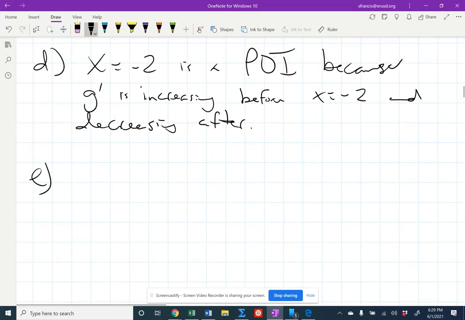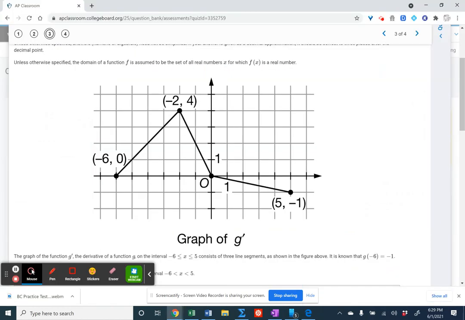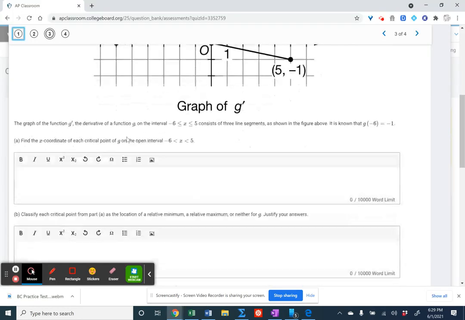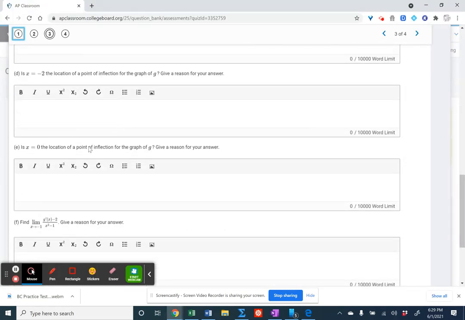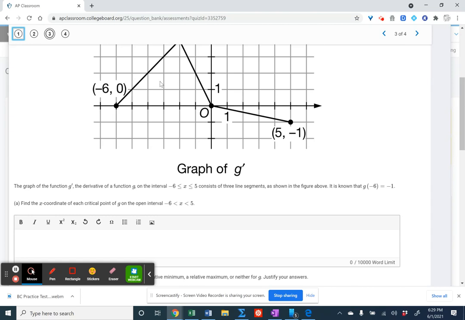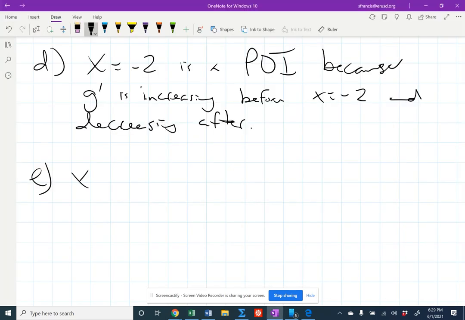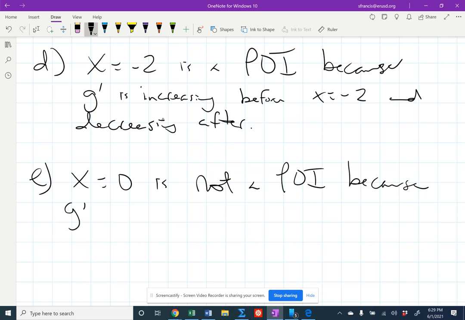Similar question in E. It's usually not likely that they're going to give you the same type of answer. So this one's probably not. It turns out not. Is this a point of inflection? Is there one at 0? No, because the graph is decreasing before and decreasing after. So x equals 0 is not a point of inflection because g prime is decreasing